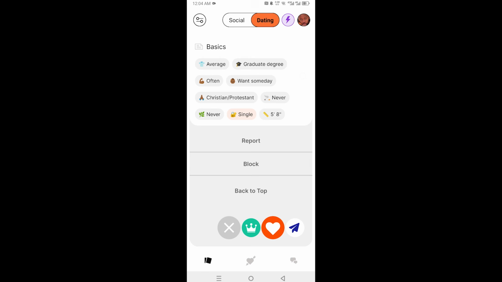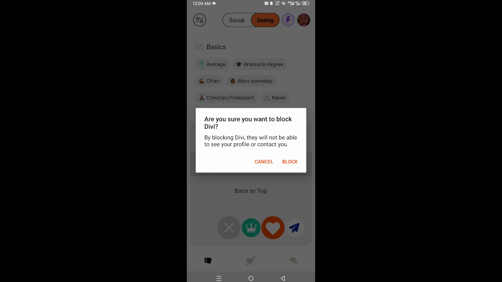All you need to do is scroll all the way down to their profile, and you'll see three options: report, block, and back to the top. So just go ahead and click on block, and they'll ask you, well, are you really sure that you want